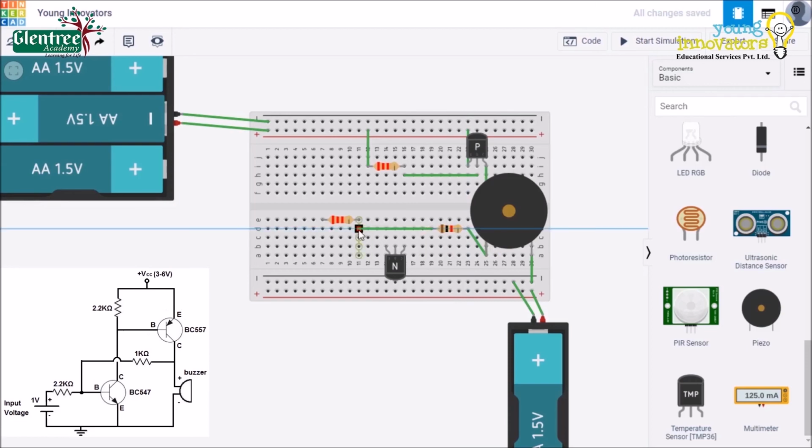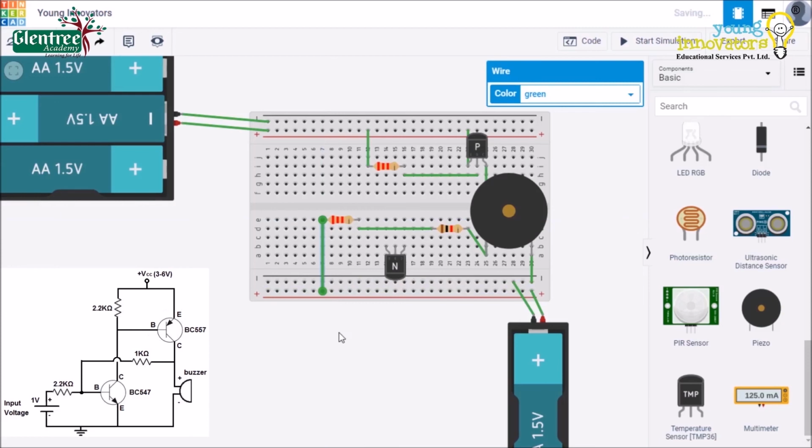and from the other end of the 1 kilo ohm resistor, we will give it to one end of the 2.2 kilo ohm resistor, and from the other end of the 2.2 kilo ohm resistor, we will give it back to the positive end of the 1.5 volt battery. Now, the remaining connection is only of the NPN transistor. The collector of the NPN transistor will be given to the 2.2 kilo ohm resistor.